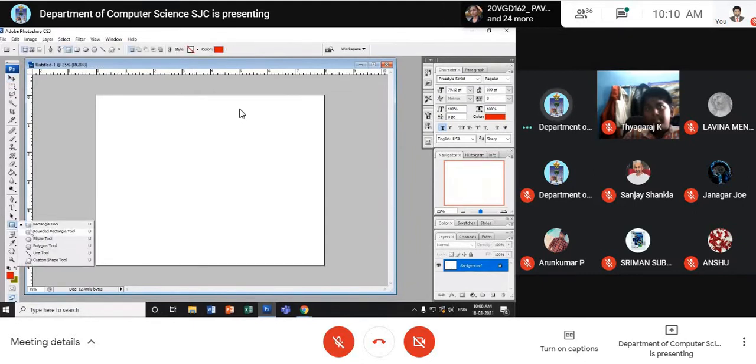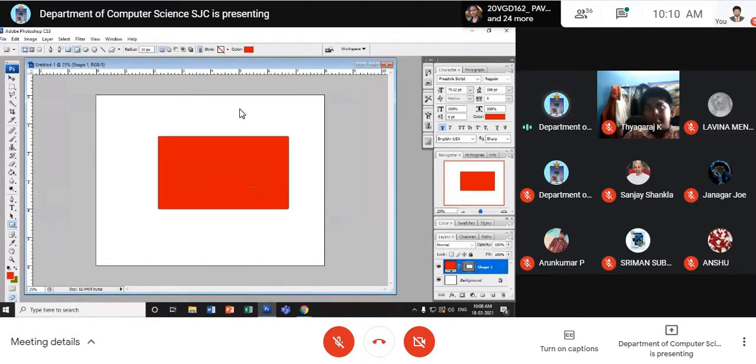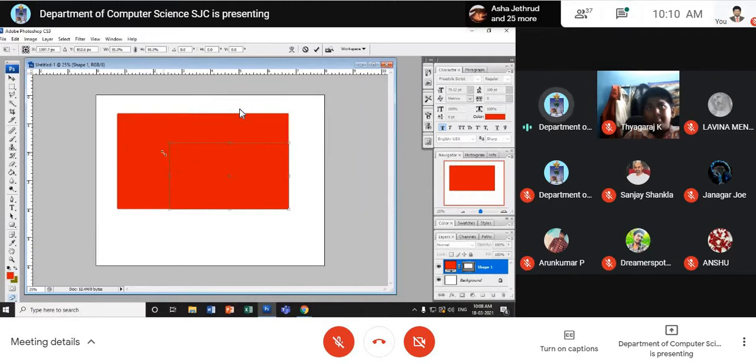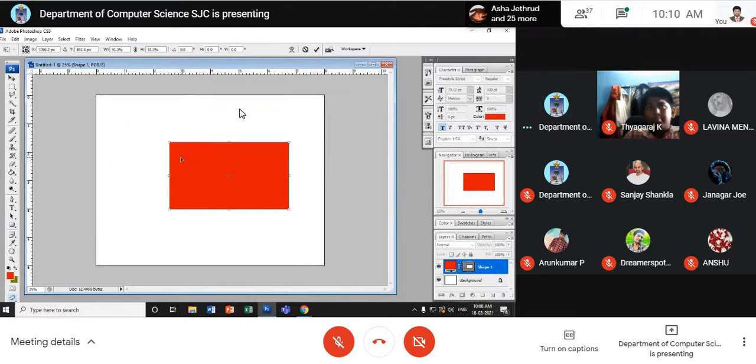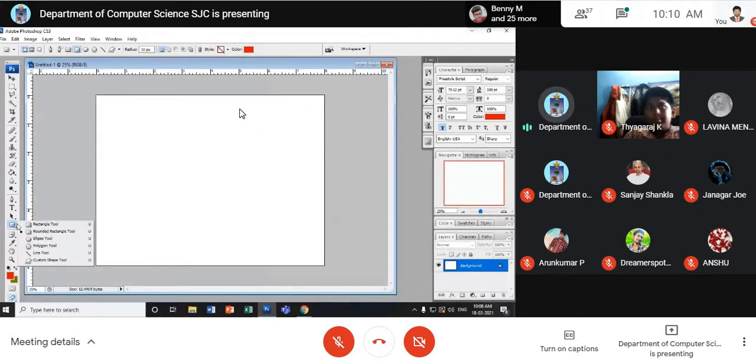The next one is the rounded rectangle. The corners are not sharp. That is the difference between the first one and the second one. Right? Now, I can make it bigger, make it smaller, all these things, I need not explain to you. When you want to change the shape, for example, one minute, please listen to me carefully. I've got this rectangle.